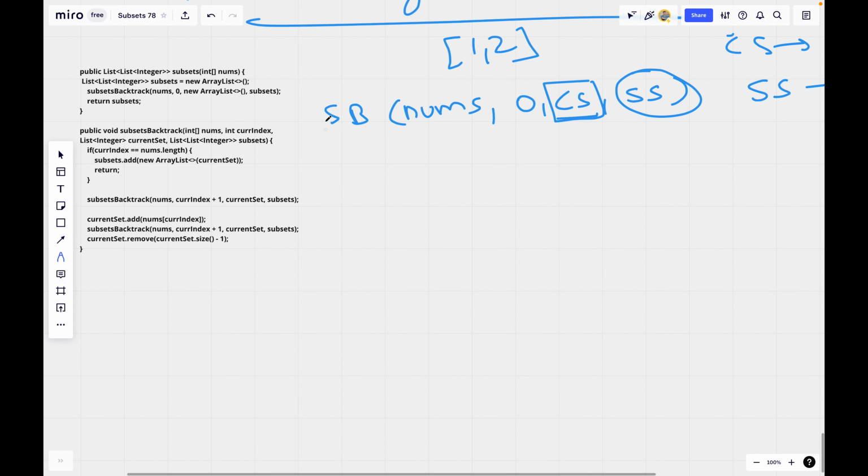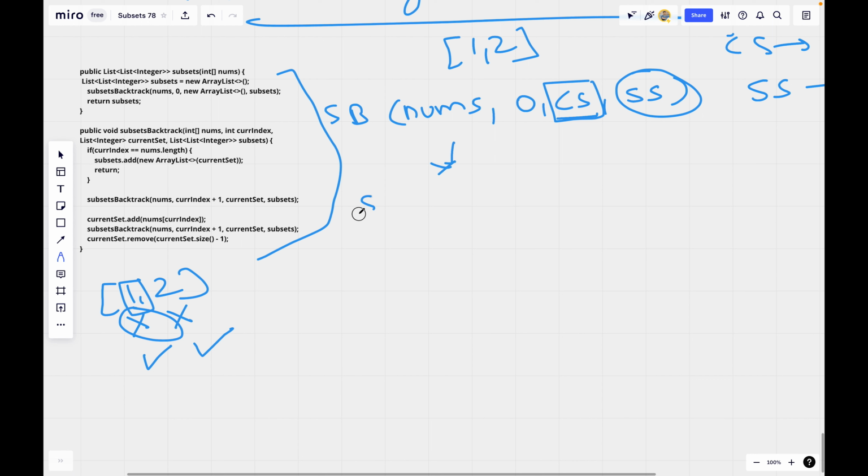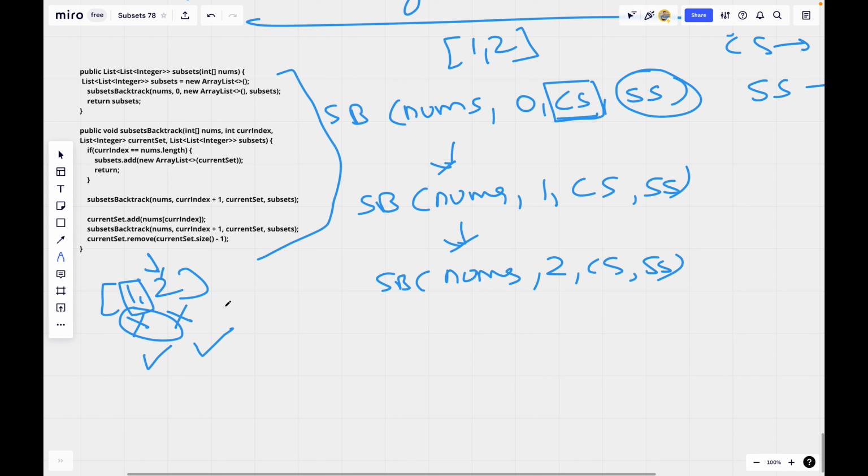So what I am trying to do in this function is say, okay, every element has a choice. It will not be picked, or it will be picked. So what I am trying to do through this code is, hey, you are picked? Initially I will say you are not picked, and I will call subset backtracking nums 1 as it is. Again I will reach here and say, hey, you are not picked. Then again I will call this, and it will trigger the base case.